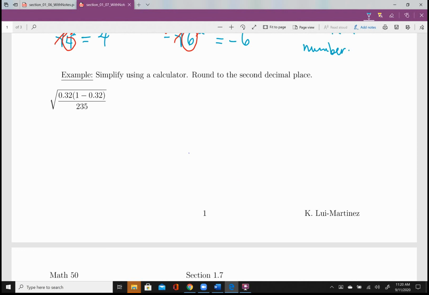So that's what you do if you're doing it on your cell phone, which I totally think you should not do. If you're doing it on a TI-83 Plus or TI-84 Plus, you should do the square root symbol, and then inside of it, make sure that you are using parentheses appropriately. So I would actually put parentheses down first, then 0.32, another set of left parentheses, right? And then 1 minus 0.32, close the inner set of parentheses, and then close the outer set. And then the division symbol, which looks like a slashy, and then put your 235 in there. Then make sure that all of that is still under the radical symbol, and you should be able to press enter and get